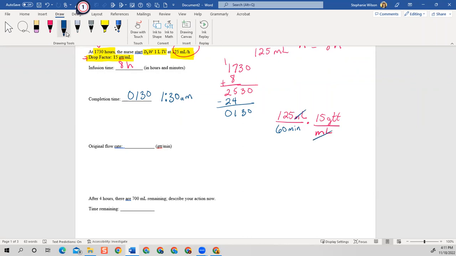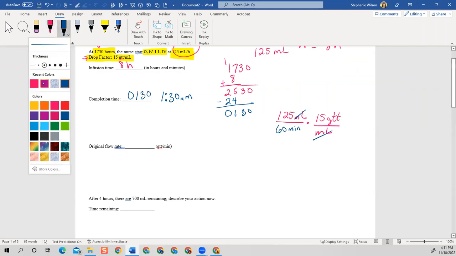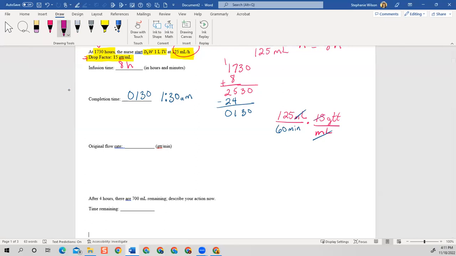You can reduce this 15 and 60 if you would like, or you can multiply straight across and divide. It's up to you. However, I'm going to go ahead and reduce. I know 15 goes into itself once and it goes into 60 4 times. So now I got 125 divided by 4, which gives me